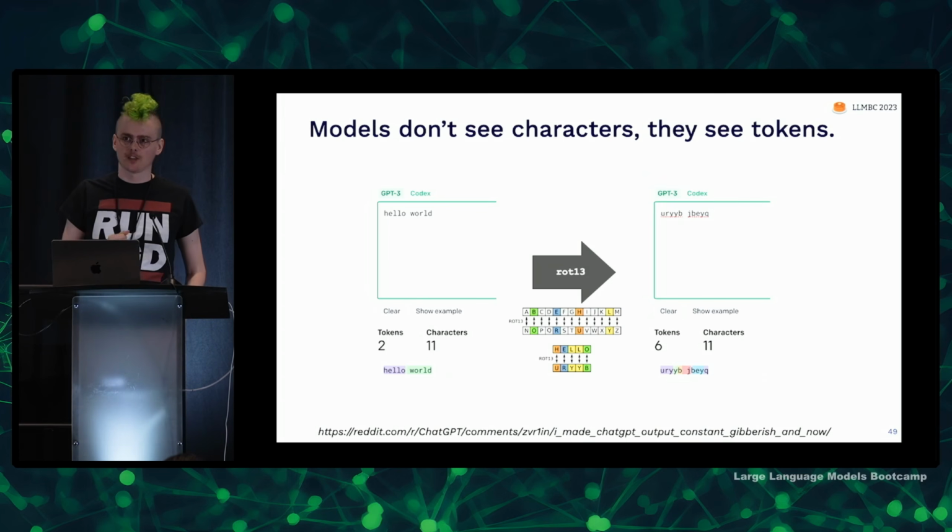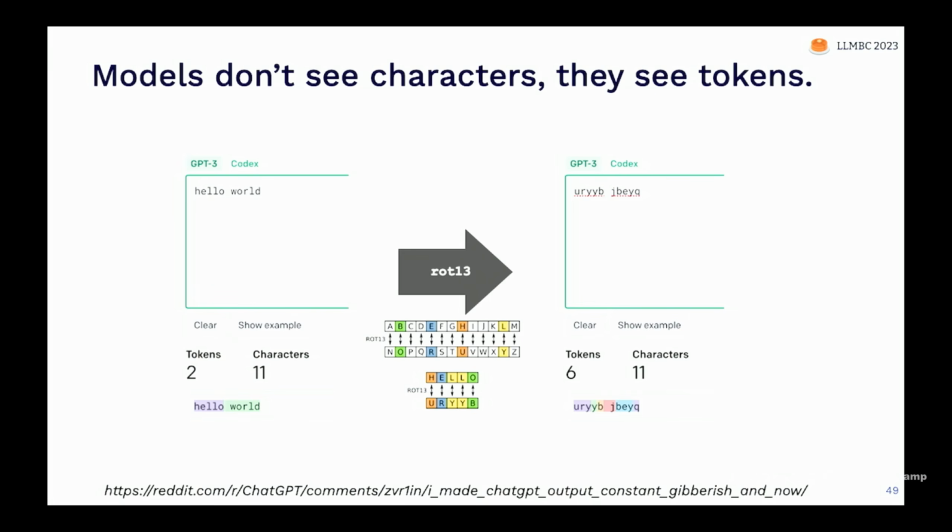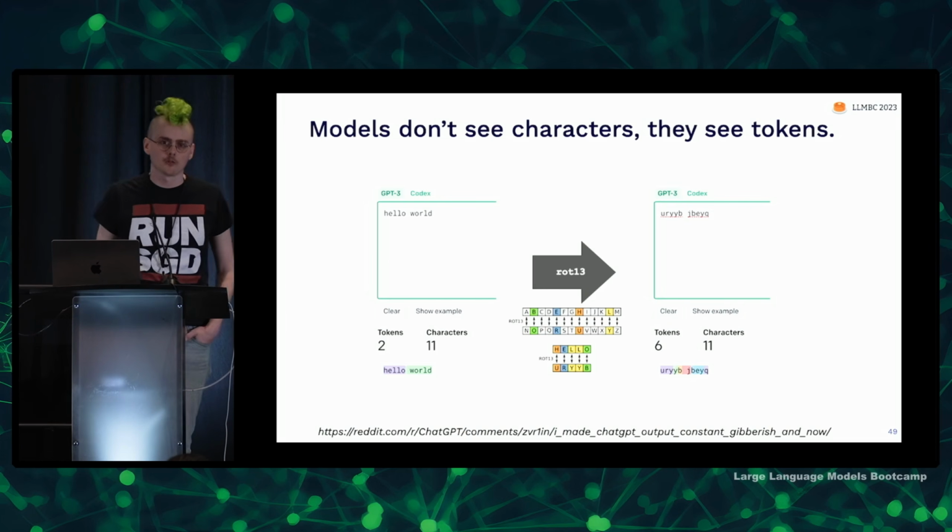The second bit that people often get tripped up on is that models don't really see characters, they see tokens. So take "hello world" and its rotated version, where I just add 13 to the index of each character: "Uryyb Jbeyq". I look at them and they look the same to me, they're both a sequence of the same number of characters. For a language model, because those letters in the rotated version are less common, it gets tokenized very differently into many more tokens.